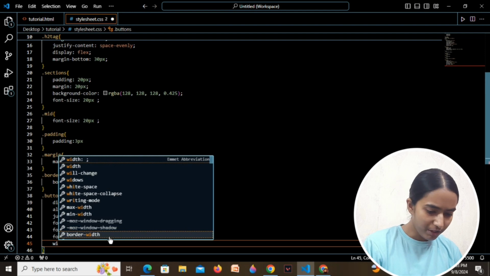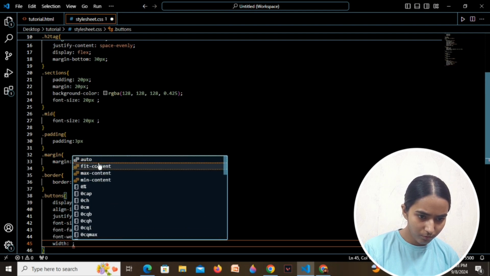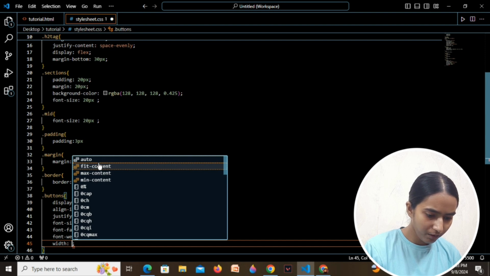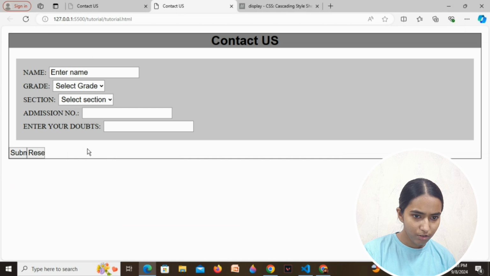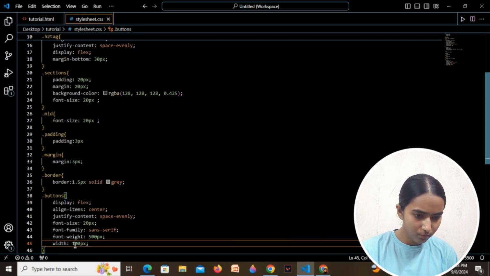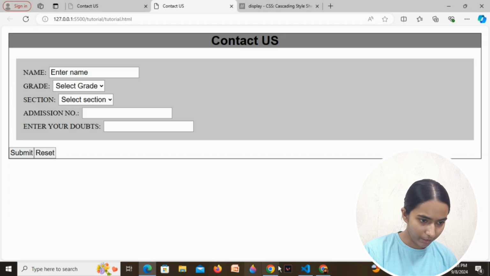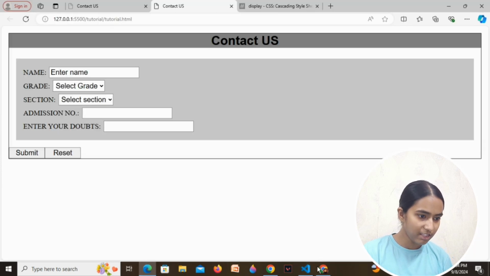So I'll add a width of say 50 pixels initially. I'll see how it looks. Okay, I need to increase it. Let me increase it to 100 pixels. Okay, 100 pixels. Let me make it 200 pixels. Let's see. Yeah, this seems to be pretty good.